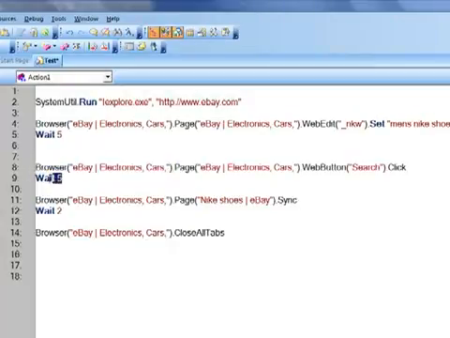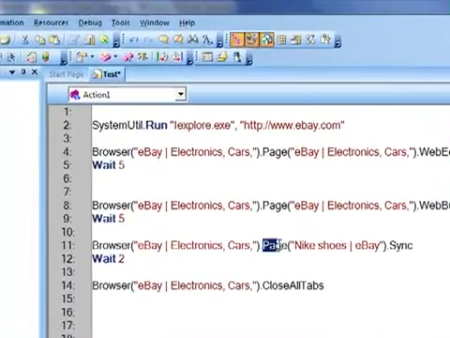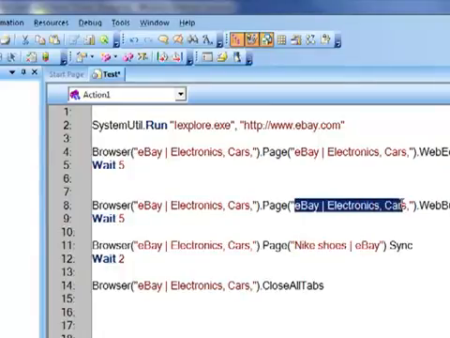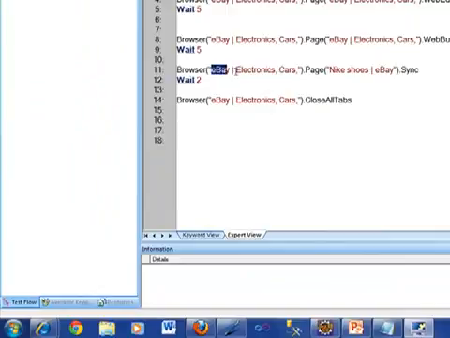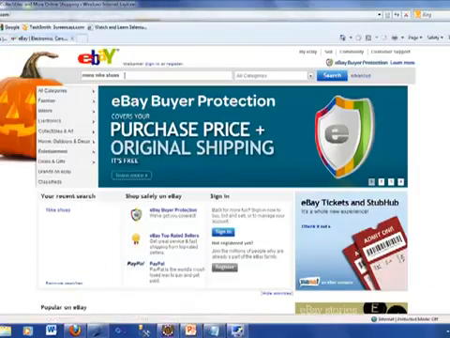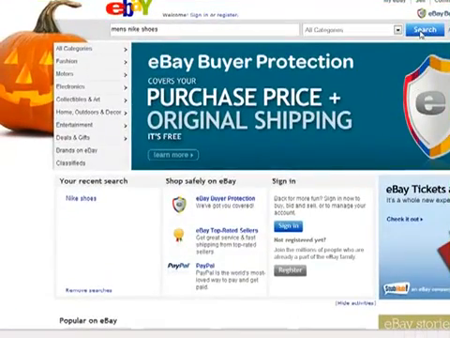Very good. And then we said wait for 5 seconds, and after that, this is like syncing. Syncing is when we click on that, now it went to a different page, right? So it went to a different page, and if you take a look in here, this page, Nike shoes eBay, is different from that page, right? Even though the browser is the same, the page is different. Well, is that the case? Now, if I do it manually, if I go in here, I have this, right? And when I click on that,